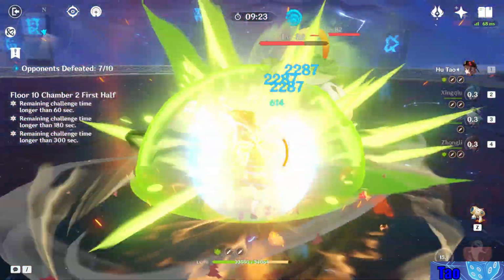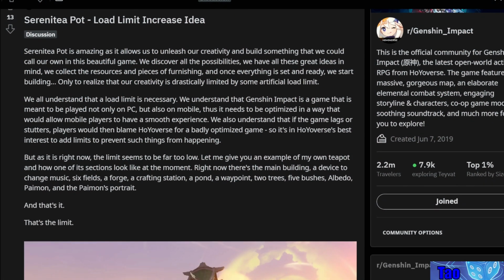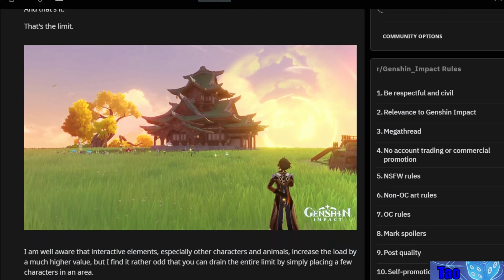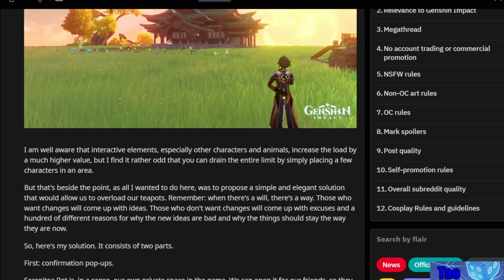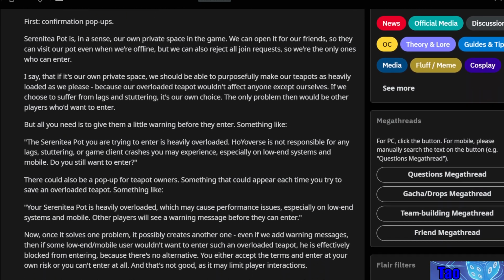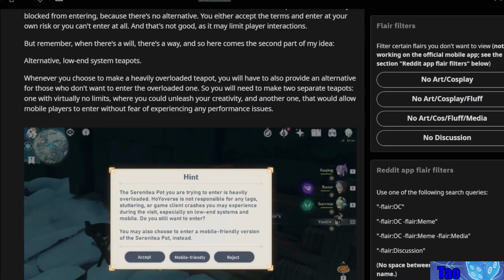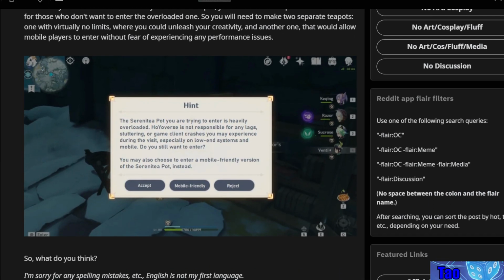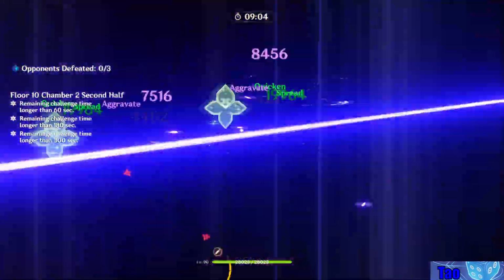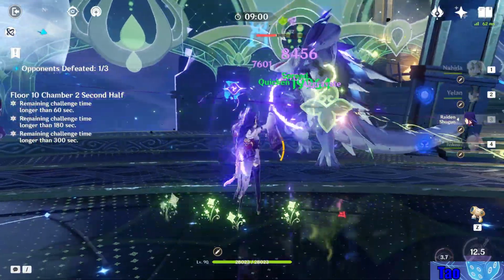I've seen a few solutions to the load limit from a post on Reddit, such as giving a warning to mobile players that they're about to join someone's teapot that is highly demanding for their device, and leaving it up to them whether to join or not. Or being able to create one form of the teapot which doesn't have a load limit or an extremely restrictive one like the one we have now, because the game senses that you do indeed have a higher end device, thus you can handle more rendering and more load in the surrounding teapot,